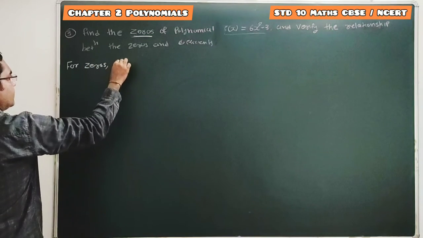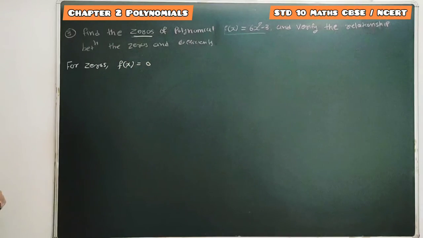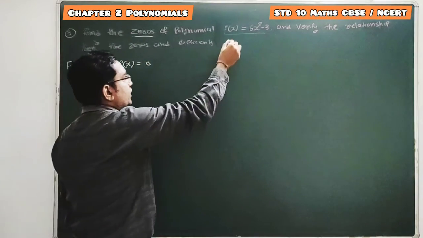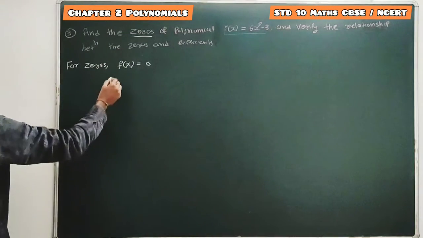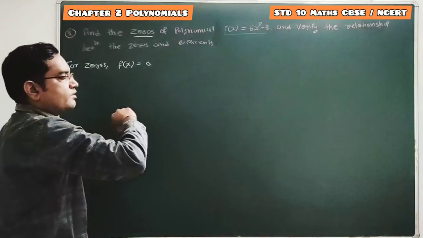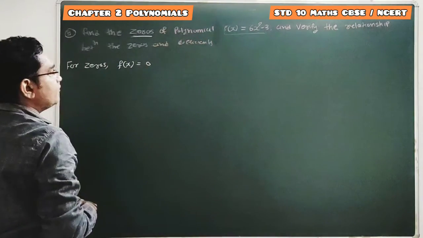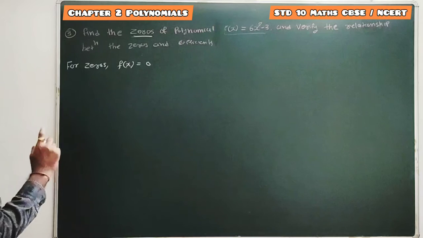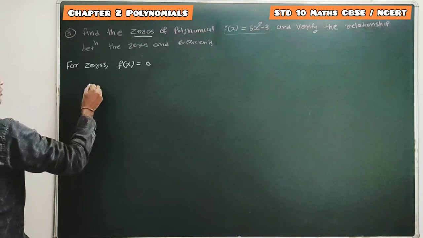We have to compare the given polynomial with 0, and hence we get one equation. The given polynomial is a quadratic polynomial, so the equation will be a quadratic equation, and for this quadratic equation a maximum of 2 solutions are there, and for that this quadratic polynomial has a maximum of 2 zeros. Done. So here f of x equals 0.